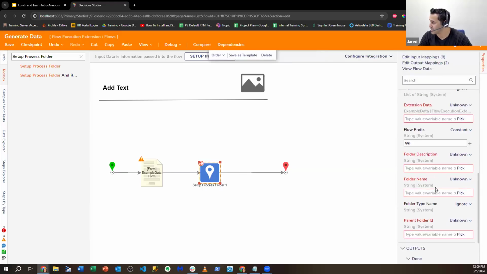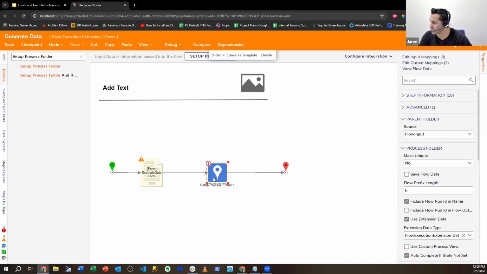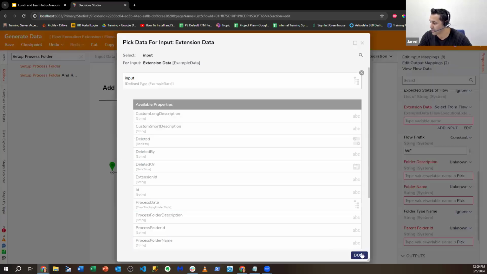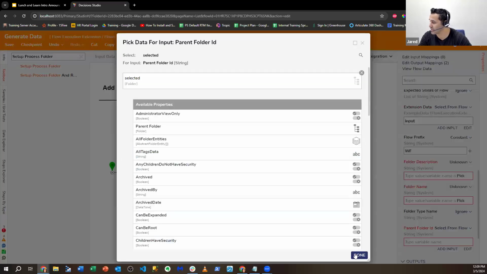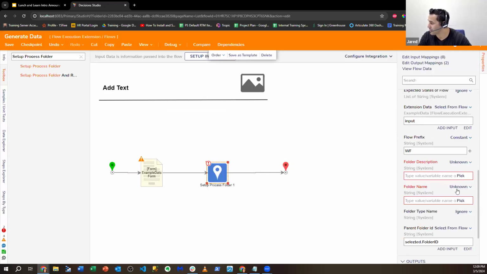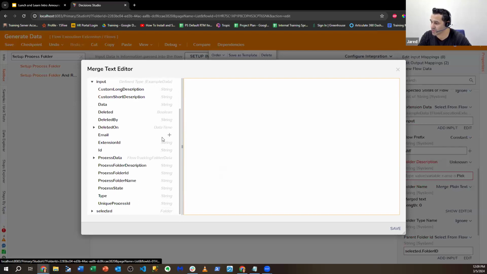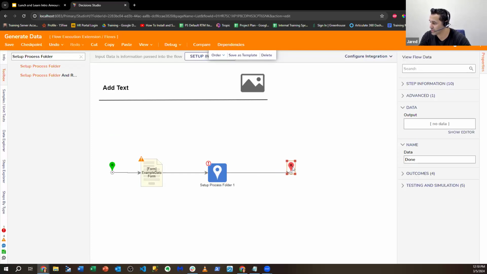So now, let's say I want this to be dynamic whenever I choose something. So we're gonna pass in just the extension data of this thing. The input, perfect. And then we're gonna say the parent folder ID is going to be the selected folder ID. And we're just going to make this merge plain text of the input. So we'll do the email and then, I guess, the type of request. Cool. All right. And I think on that selected,